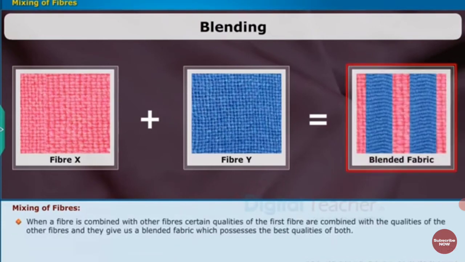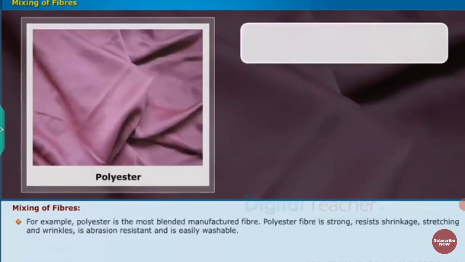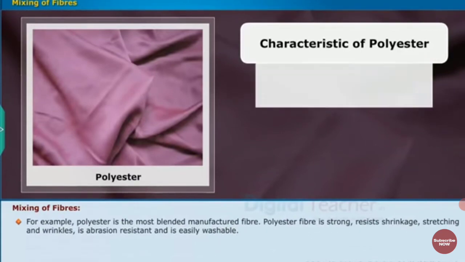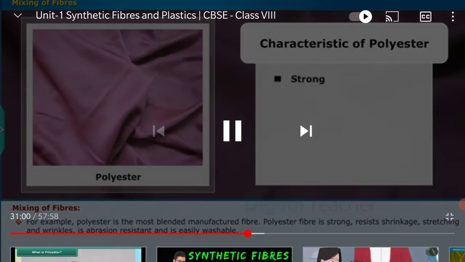When a fiber is combined with other fibers, certain qualities of the first fiber are combined with the qualities of the other fibers, and they give us a blended fabric which possesses the best qualities of both. Blending helps us to reduce the limitations of both fibers. For example, polyester is the most blended manufactured fiber. Polyester fiber is strong, resists shrinkage,